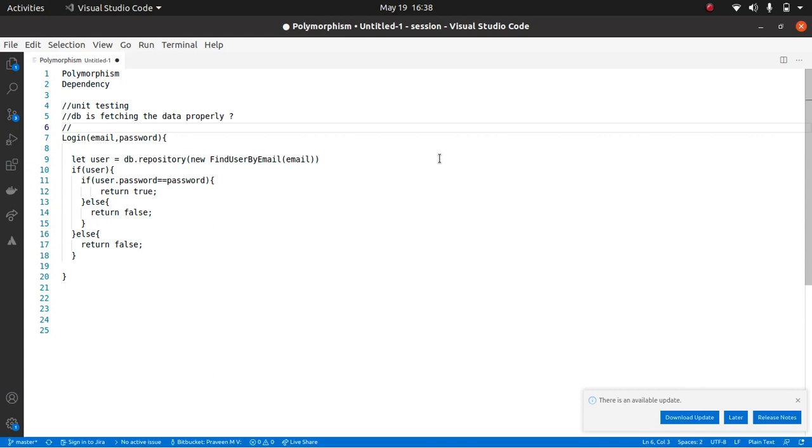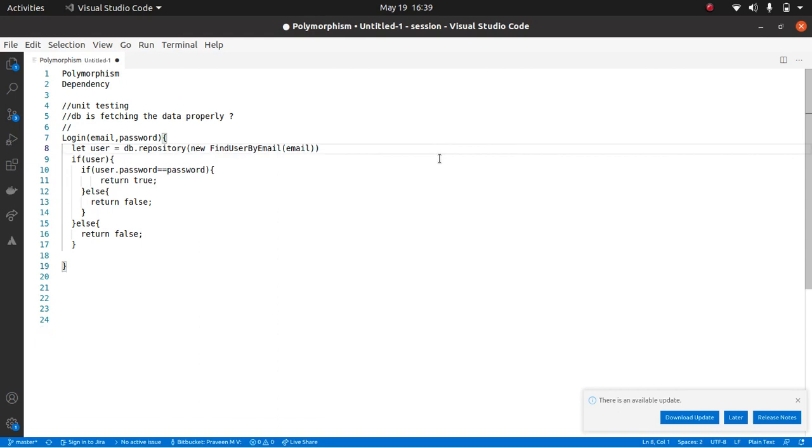We can do it in a much easier and neater way. So till now, do we understand that we are not testing the query itself? So we can isolate this. This is a dependency. We can assume that this is working properly, and then we can continue testing.